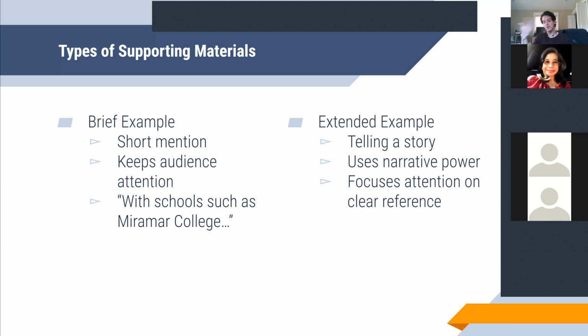An example of a brief example would be saying something along the lines of, okay, so you're all currently enrolled at Miramar College. That's really cool. Again, great school, a lot of great options. Well, if you're interested in taking classes outside of Miramar, then San Diego has a wide range of community colleges to pick from. Because you can obviously go to within the district, and you can go to Mesa College and City College. But if you want to look a little bit beyond that, you can go to Miracosta College. You can try checking out Cuyamaca College. You can try checking out Grossmont,